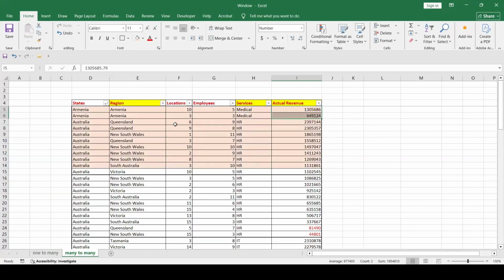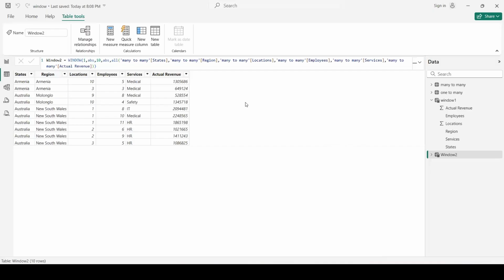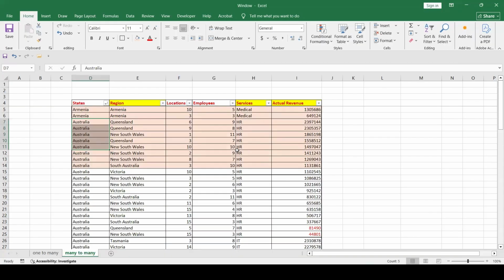Until here it's fine, but once we change the name of the state, and because they're similar, you'll see that in Australia we have 500K, 1.3 millions, which is actually not the case here.